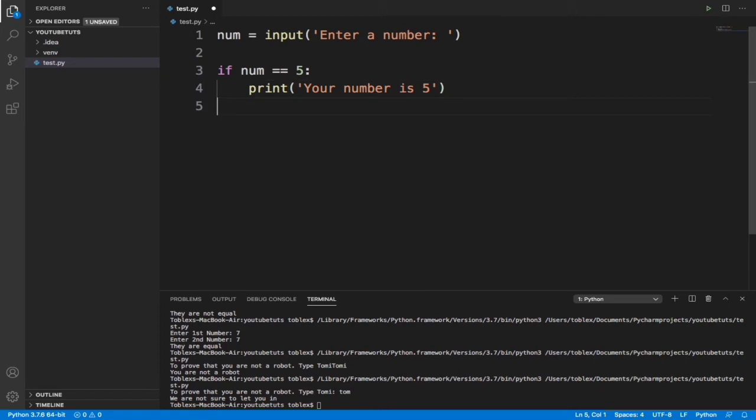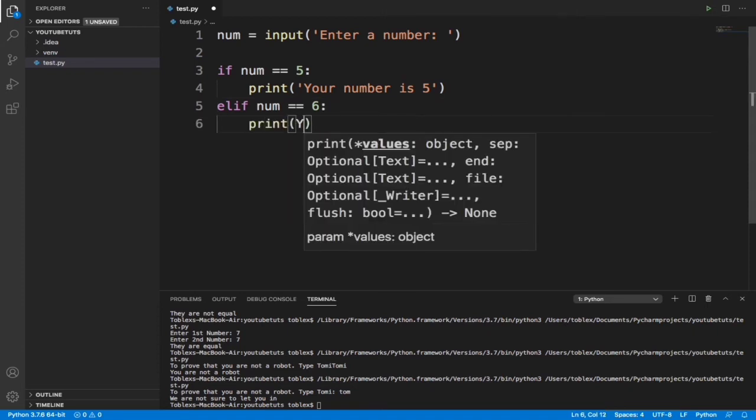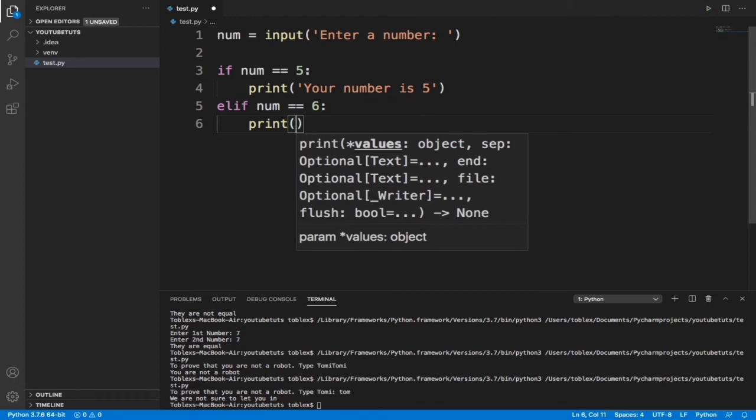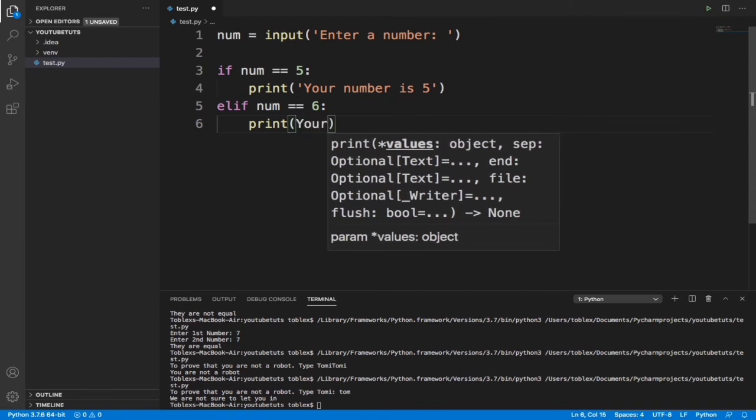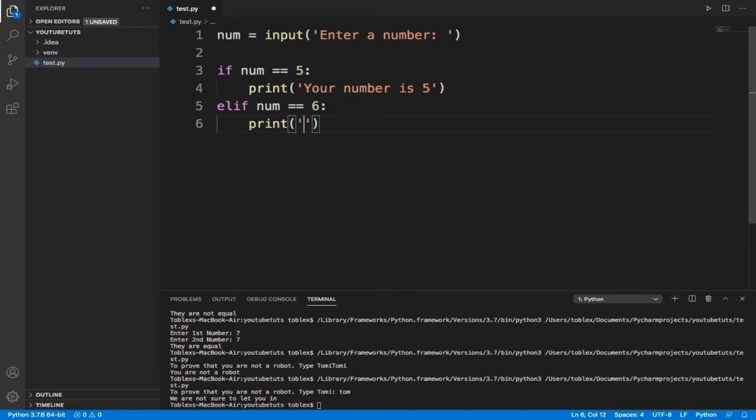Elif, that means if the user did not enter 5, then let's say the user entered 6, then we can print to the user your number is 6. What I'm trying to show you is that this gives another condition before the else statement. Then we can still put other elifs. This just helps us minimize the number of if conditions.